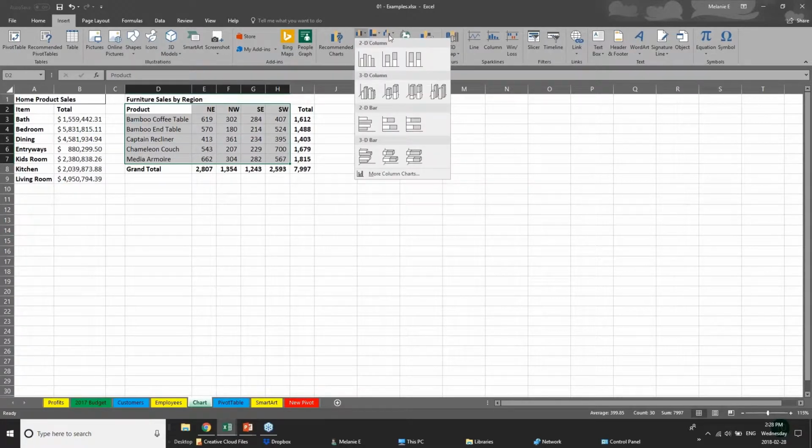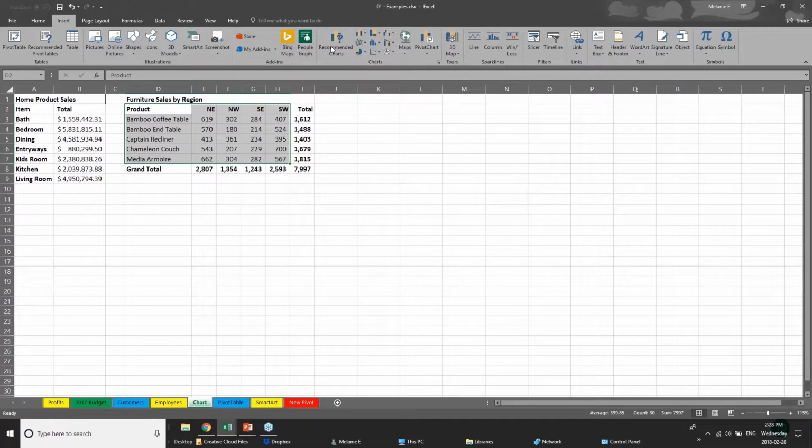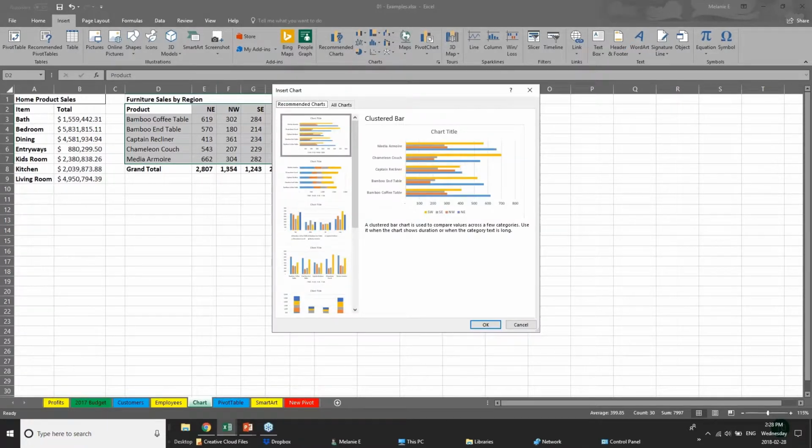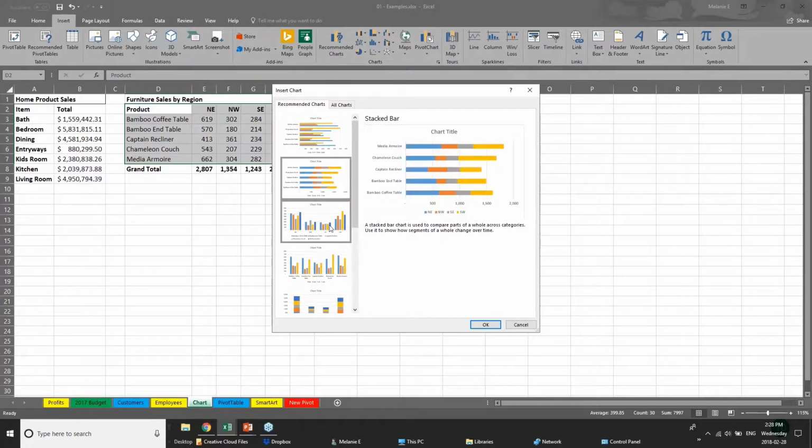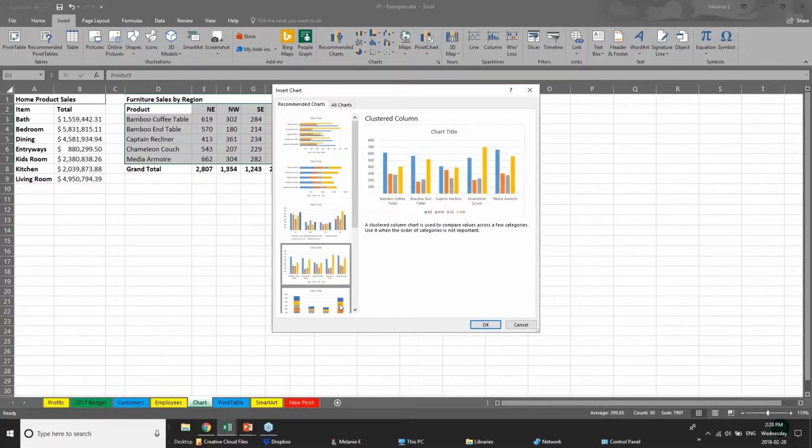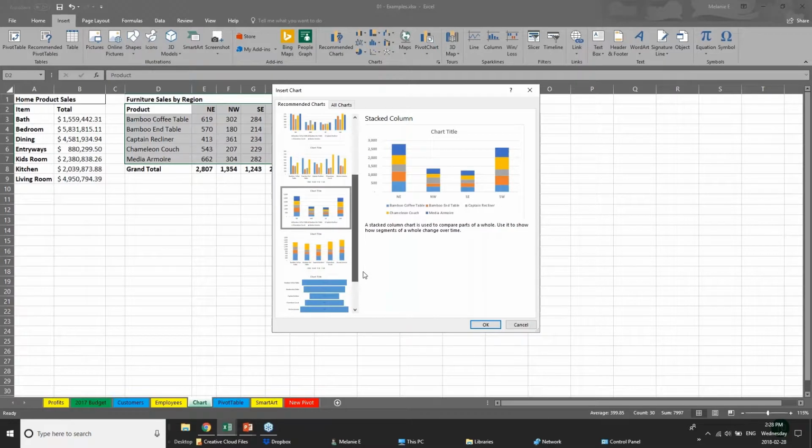There's bar charts, column charts, pie charts, whatever you'd like. But a feature new with 2016 is that Excel has Recommended Charts. I love this because one of the most commonly asked questions is, what chart should I use to best show my data, because there are so many different charts? The fact that it has some intelligence, it will look at your data and just,